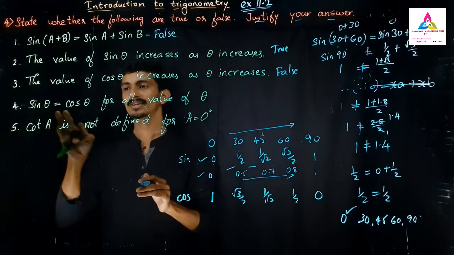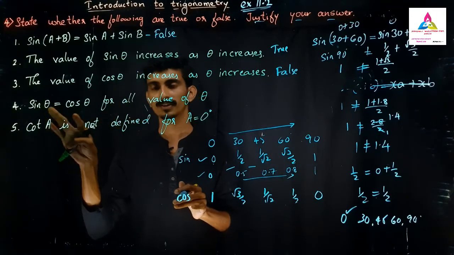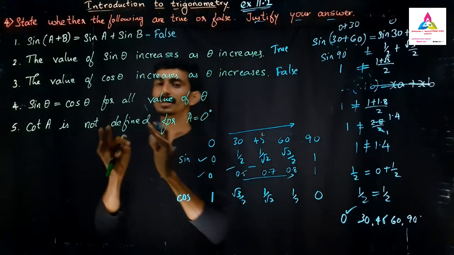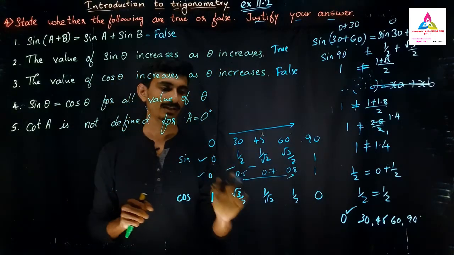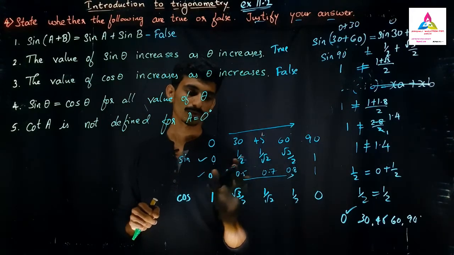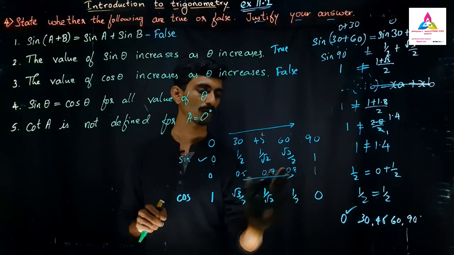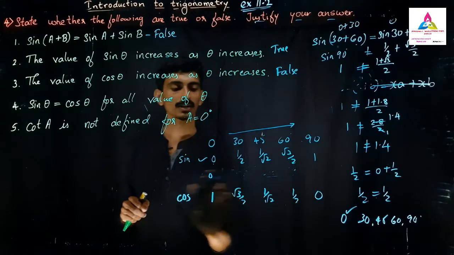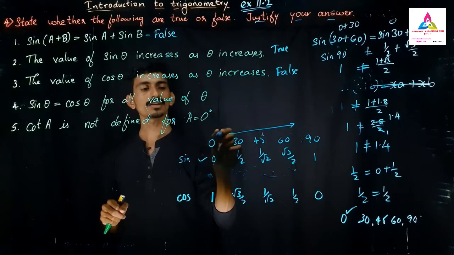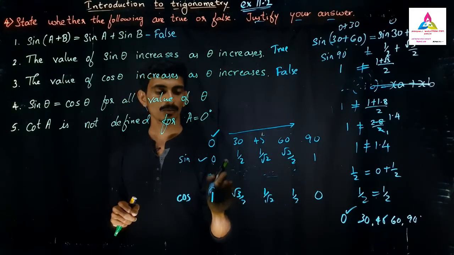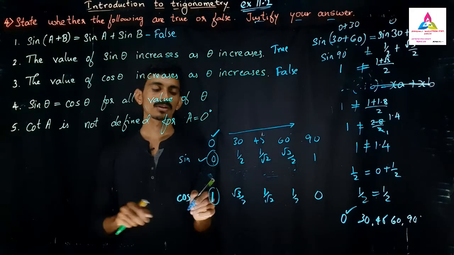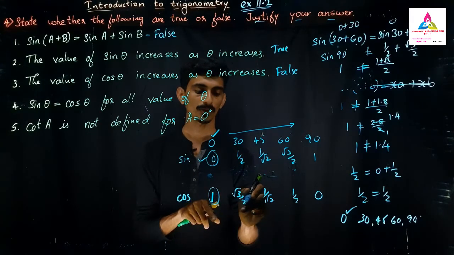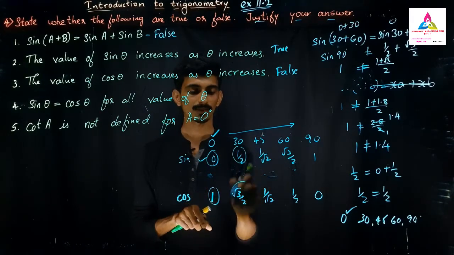So next one is sin theta and cos theta will be equal, it says, left hand and right hand side are equal for all values of theta. They have given it wrong, because for all values of theta they will not be equal to one another. Here only you can verify your answer. We have already written the sine and cos values. If you verify correctly, you can come to know. For sine 0 degree and cos 0 degree, both values are not the same. One is 0 and cos 0 is 1. Similarly, sin 30 is half and cos 30 is root 3 by 2. Both of them are not equal to one another.